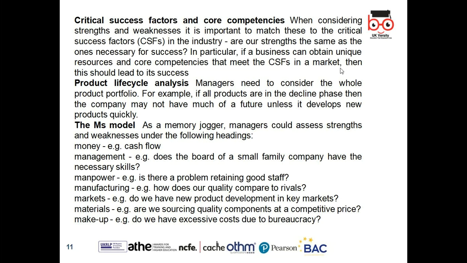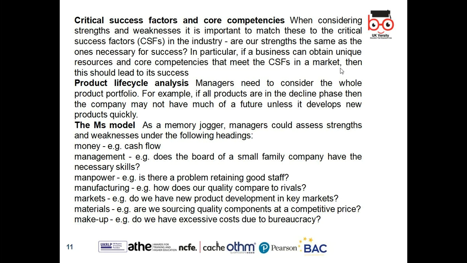Managers need to consider the whole product portfolio. For example, if all the products are in the declining phase, the company may not have much future unless it develops new products quickly. The 5M model, the memory jogger model: managers can assess strengths and weaknesses under the following: money,